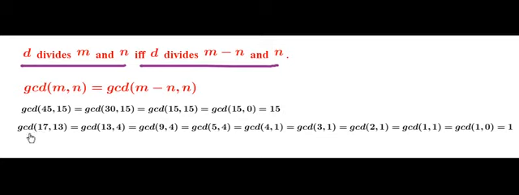Now let me consider these two numbers 17 comma 13, and after 8 iterations we will get 1 as the final answer. So if you observe carefully, I have considered the larger number as m in each iteration. For example, here GCD of 5 comma 4. So if we apply this particular recurrence, then ultimately we will get GCD of 5 minus 4 comma 4, which is nothing but GCD of 1 comma 4. But now I will write GCD of 4 comma 1, not 1 comma 4, because ultimately I want to repeatedly apply this particular recurrence.